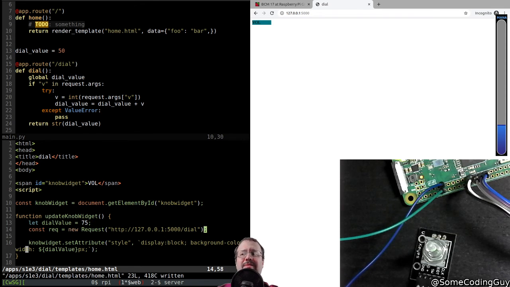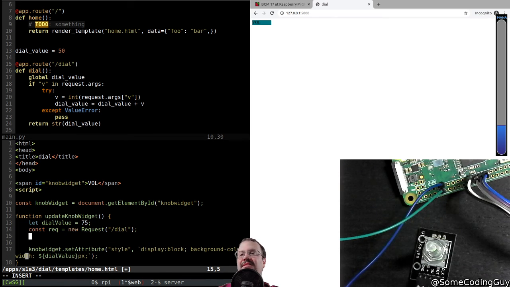We don't need any parameters. There's basically nothing to a get. You get that method by default. I can let it do that because it's going to assume that I'm on the same server that I requested the web page from. So if I have this request, and I'm going to fetch it, then this